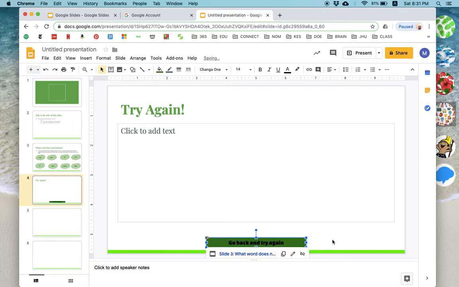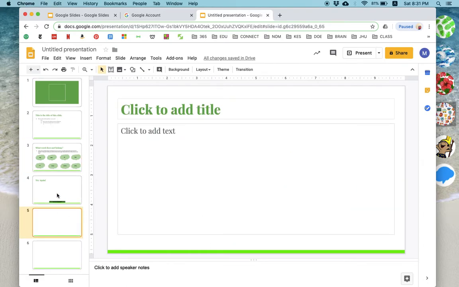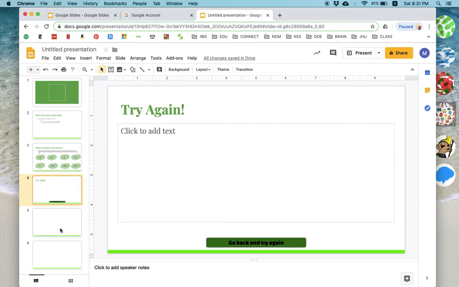And so that's going to now, whenever we are in presentation mode, the student is going to click on it and it's going to take them right back. However, in the event that they click the right one, we want them to be prompted to go to the next question, but also receive feedback that they were correct. So that's why your 5th slide in this format, or the one right after your incorrect version, is going to be,